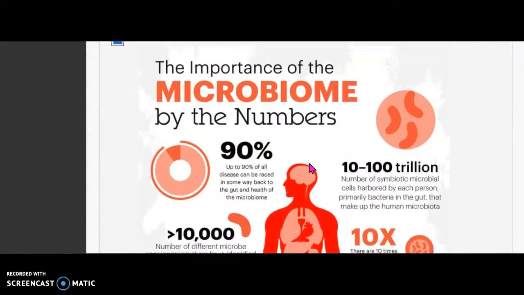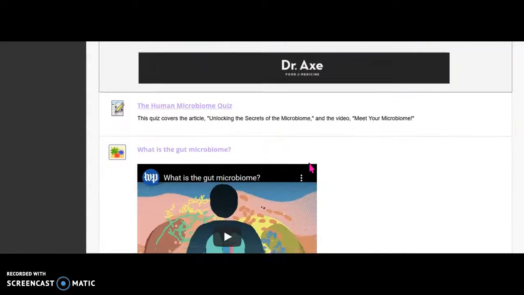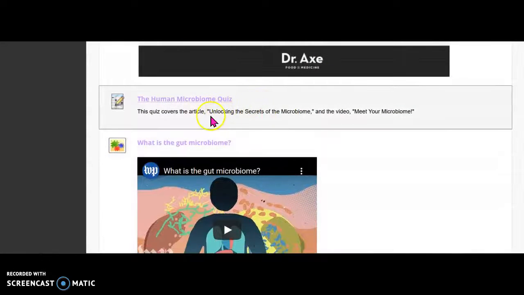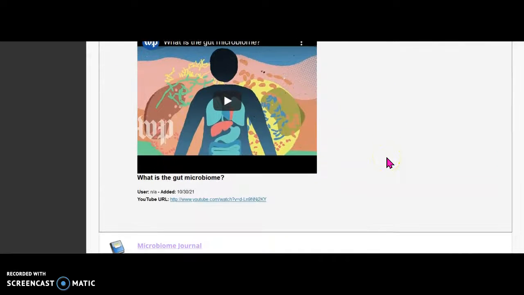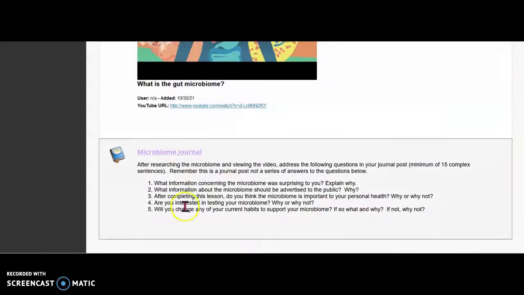And then this is an infographic. Remember, you have to make one. Here's an infographic on microbiomes. And then there's a quiz, and it tells you this goes along with this article and this video. So make sure you have watched that video and read that before you click. These quizzes are one attempt, and then it's telling you more about a microbiome before you complete this